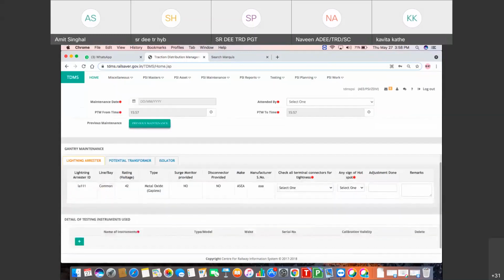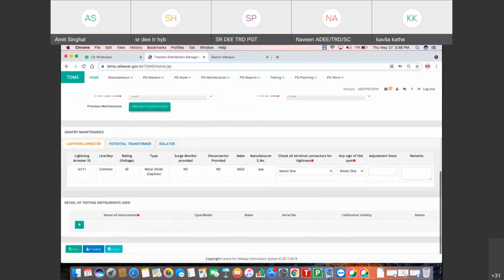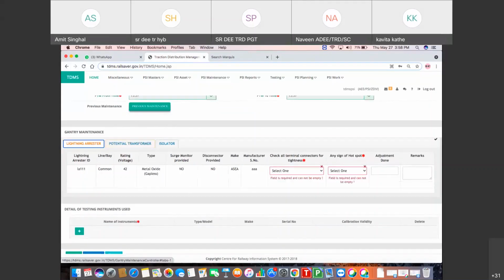No specific gantry master performer is available, but when we create PSI assets for lightning arrestor, potential transformer, and isolator, then by selecting specific application type, these 3 assets will be part of gantry maintenance, part of gantry asset.